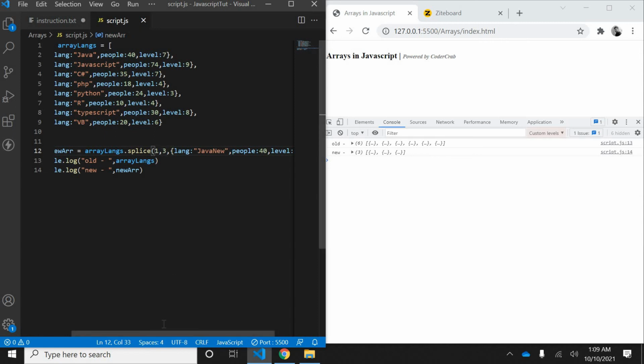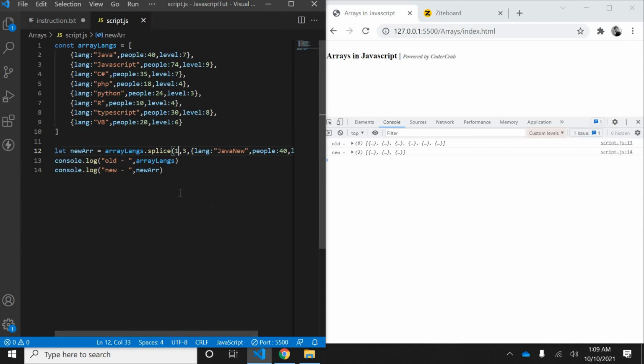So let's understand this clearly. The first way, let's start in a much easier way. So let's say you have this one. I'll just comment this out for understanding this part. So let's say I have this big array. I want to cut out this first value, let's say. So I want to cut out this value.